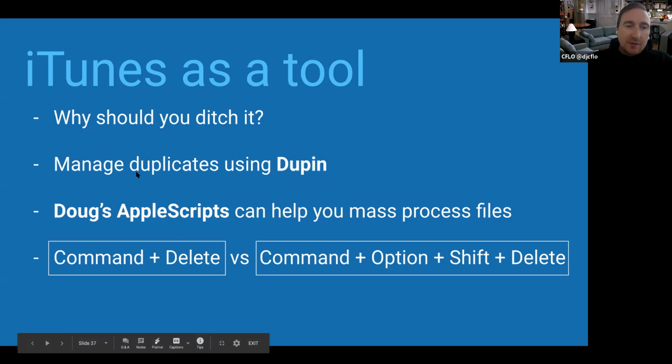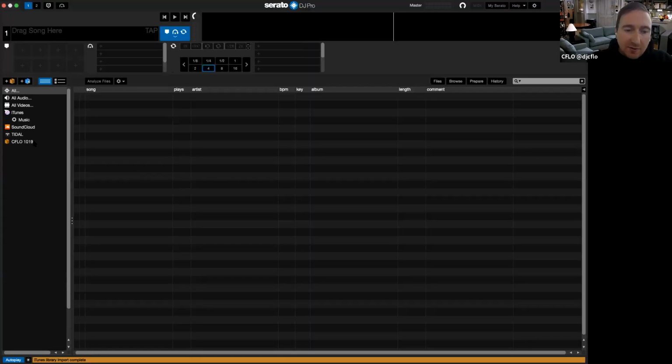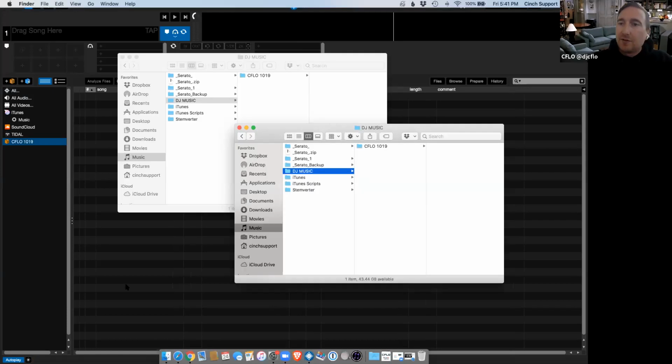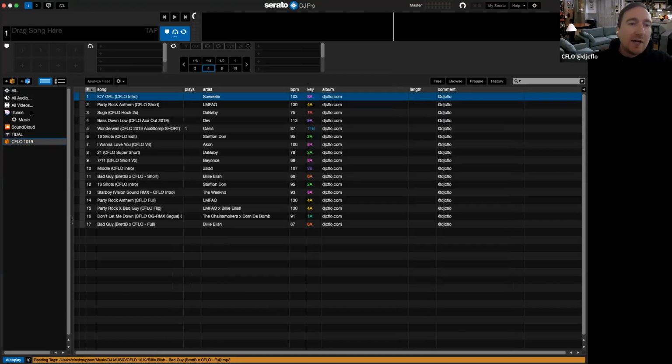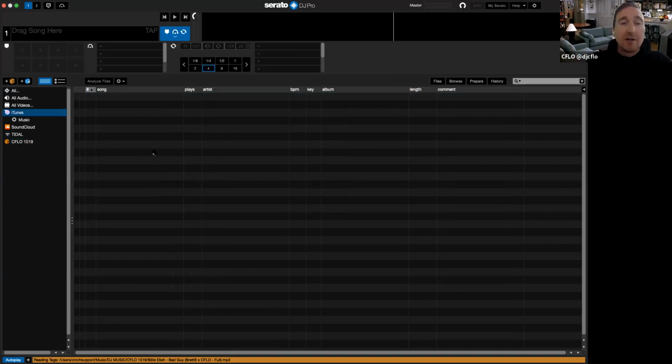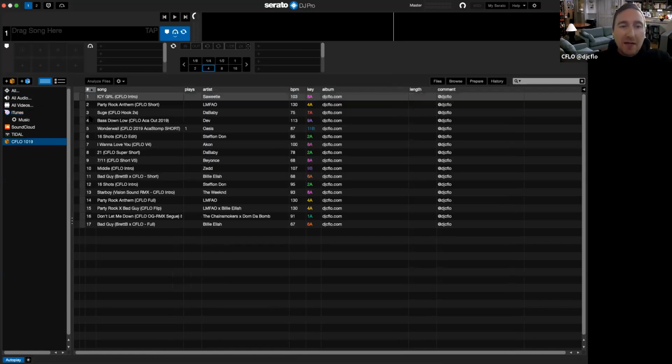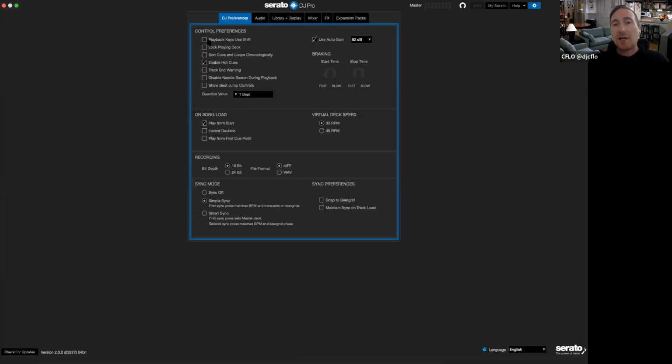So here we go. Let's put the songs back. Oh yeah, iTunes library. Okay. So what I'm saying is you would go here to iTunes, which my library is empty right now, but you would select them all and drag them into their own crate, and they would have little iTunes logos next to all this. And then when you select all your iTunes, put them in its own crate, you go here to library and uncheck show iTunes.